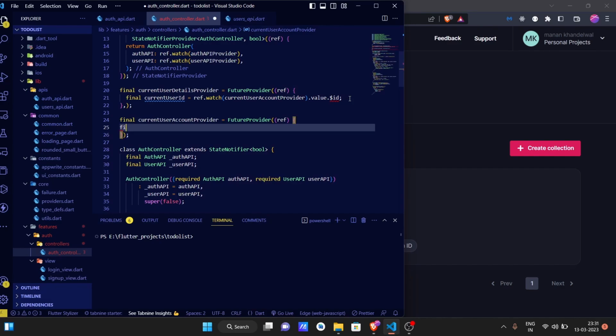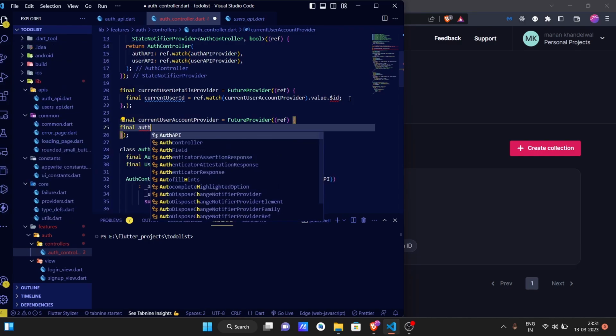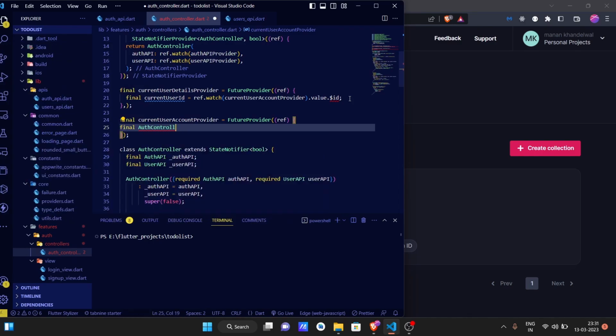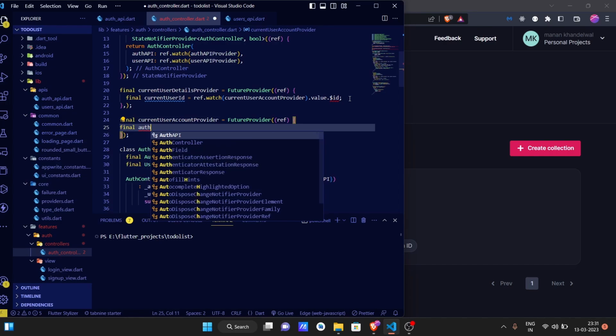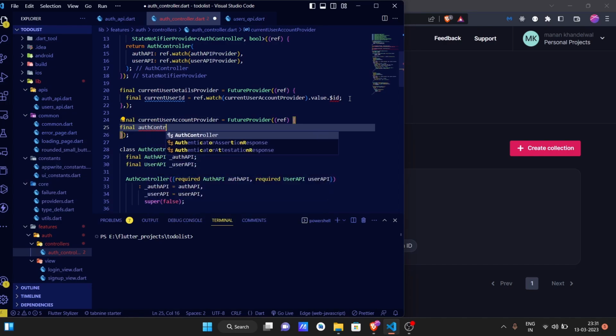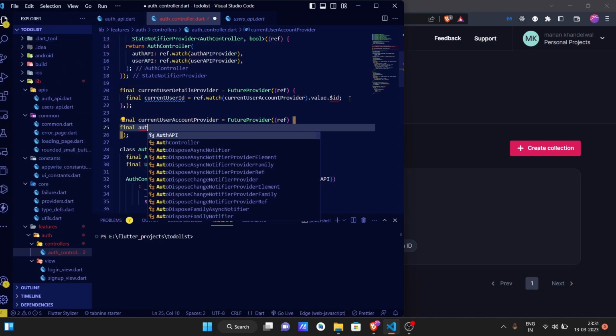And now you need final auth controller, the app auth